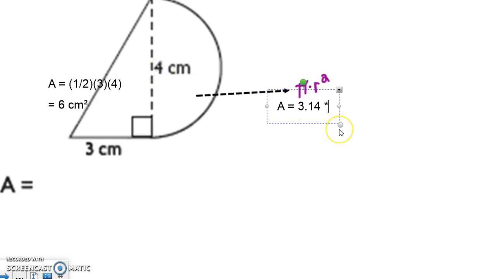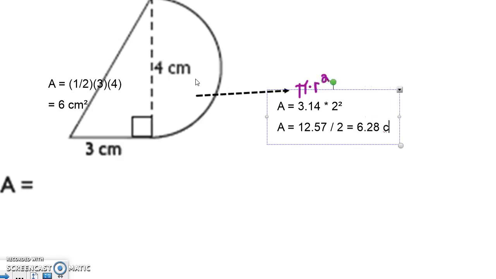So half of 4 is just 2. So my radius is just 2, and then I square it. So do pi times 2 squared, and the area of a full circle would be about 12.57. But this is only half of a circle, so we have to divide that by 2, and we get 6.28